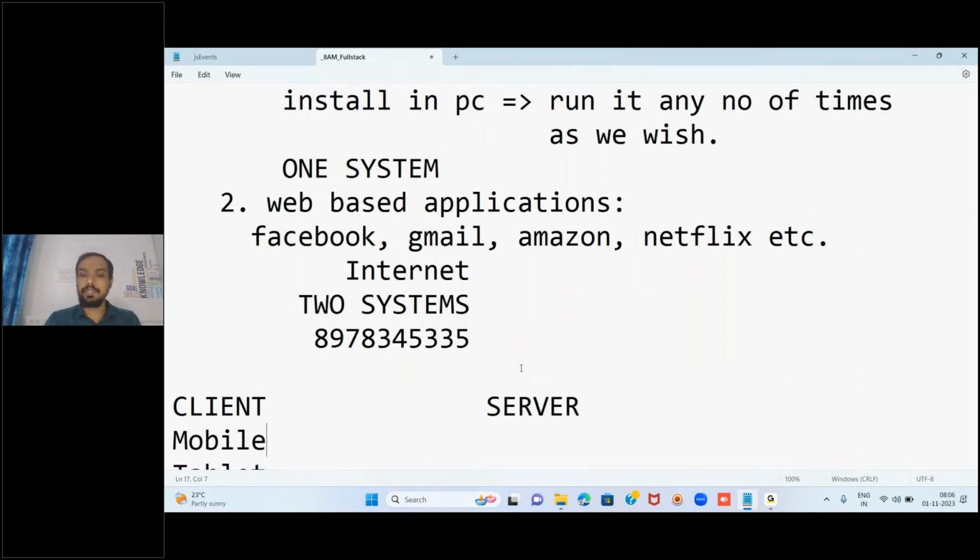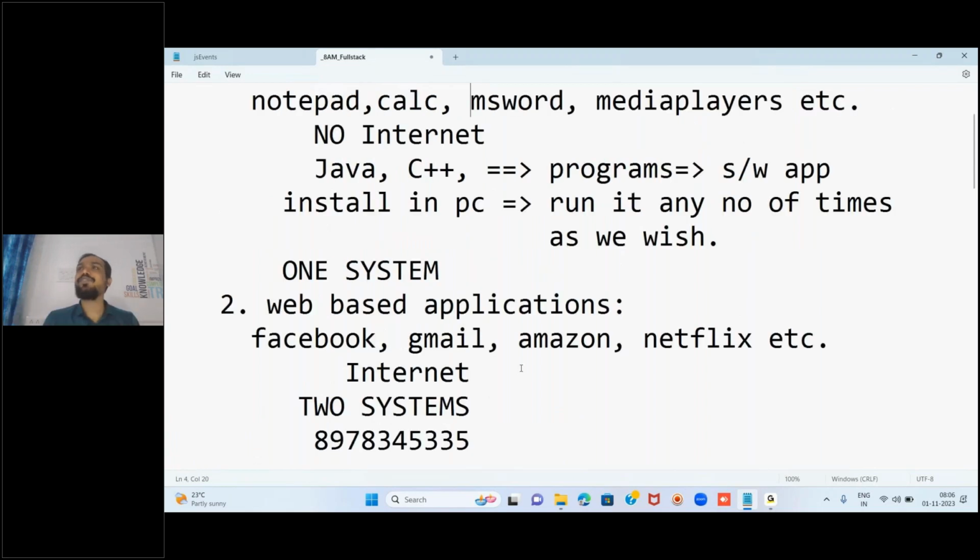If we want to work with the first category of applications, as a user, we will simply install and work with that. But as a programmer, as a creator, what we have to do is first learn one of the basic programming languages like C or C++ or Java. We should be very good with that. Then we have to create some programs. All those programs together give you the software. Clear? Let's say example like